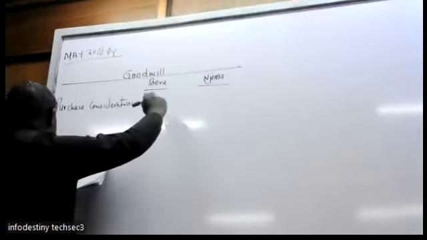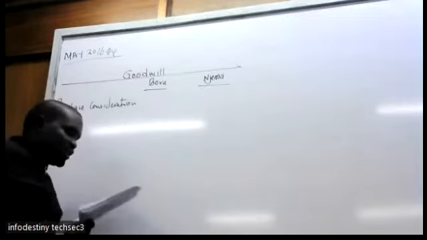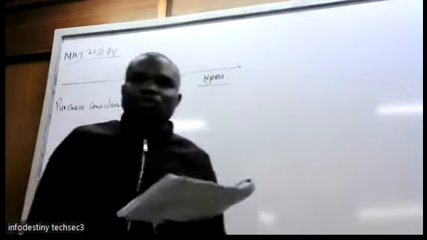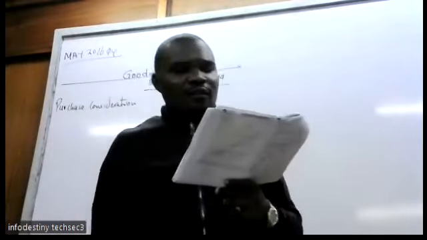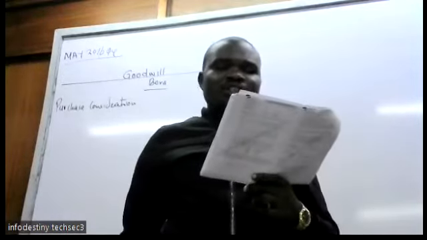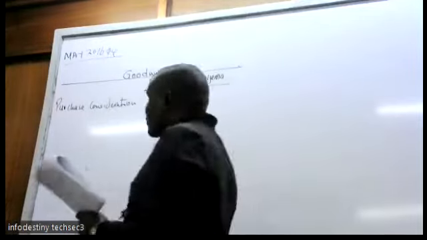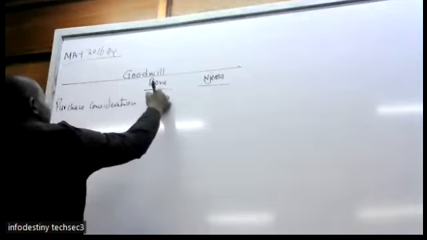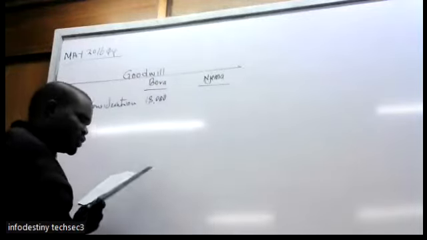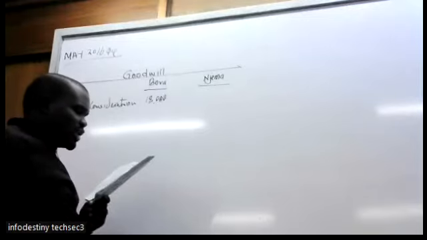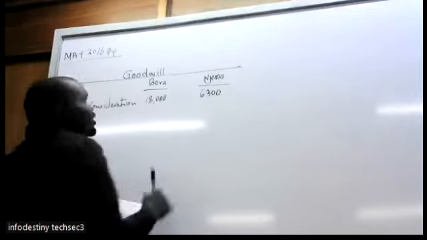So purchase consideration. Check note 1. We pick them in note 1 and note 2. On 1st May, Jamii acquired 80% of the shares. For how much? 18. 18 is the purchase consideration. Then the other side, note 2, 50% of 600 owner shares of 10. For how much? 63.